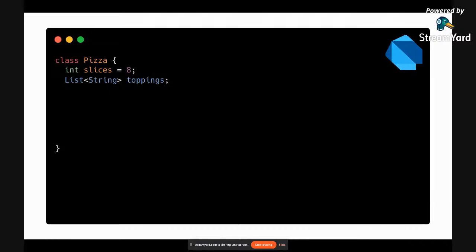Then this is how you will specify any variable. So let's say it's a number, then we can say int slices is equal to 8, or you could say num slices is equal to 8. Then similarly we have a list of string, let's say toppings, and this is how we actually have constructors in